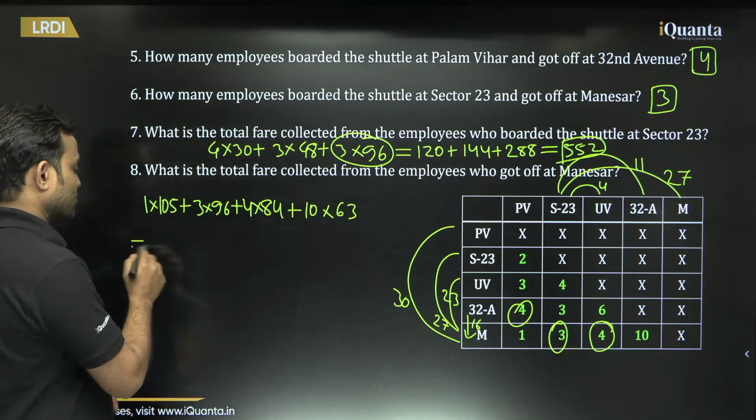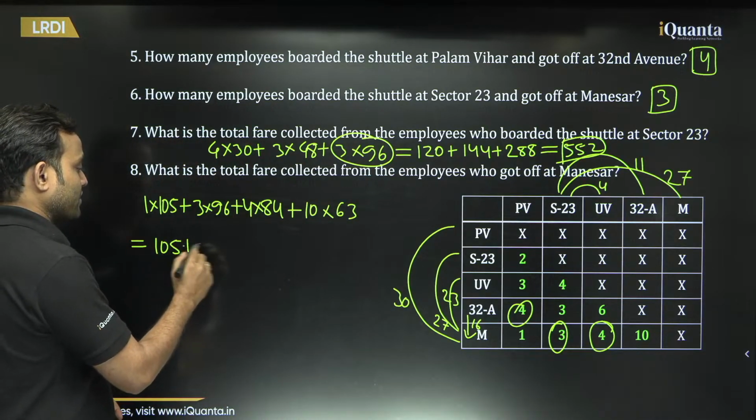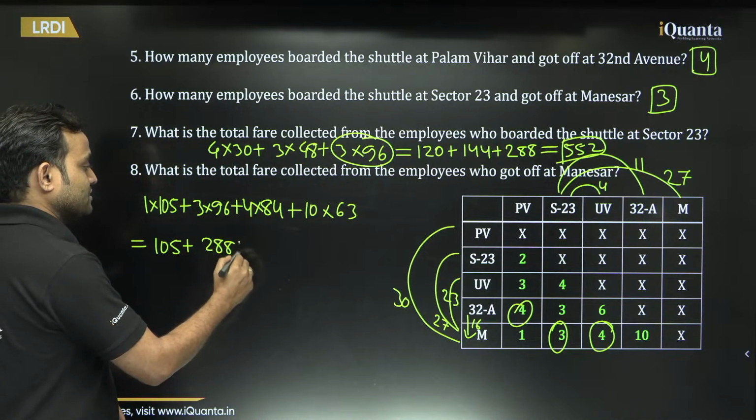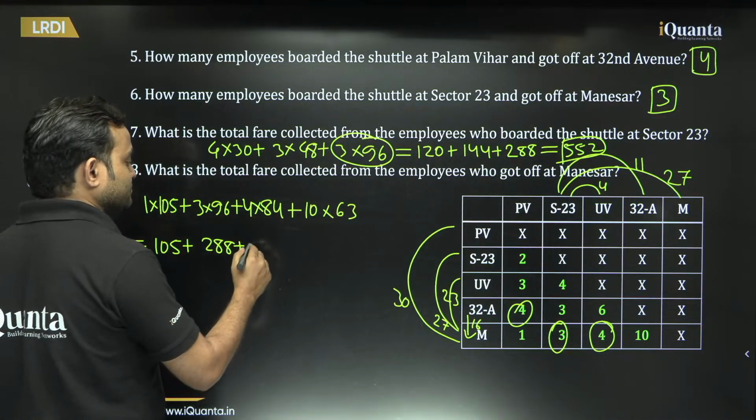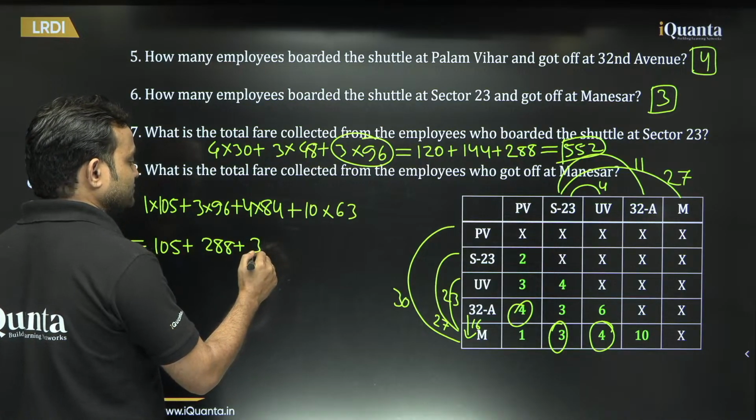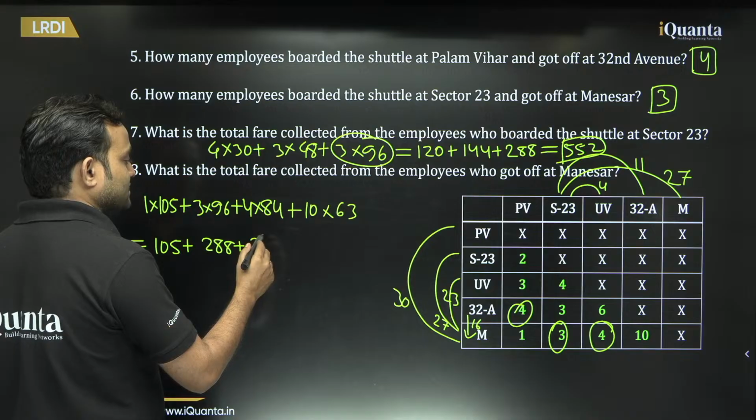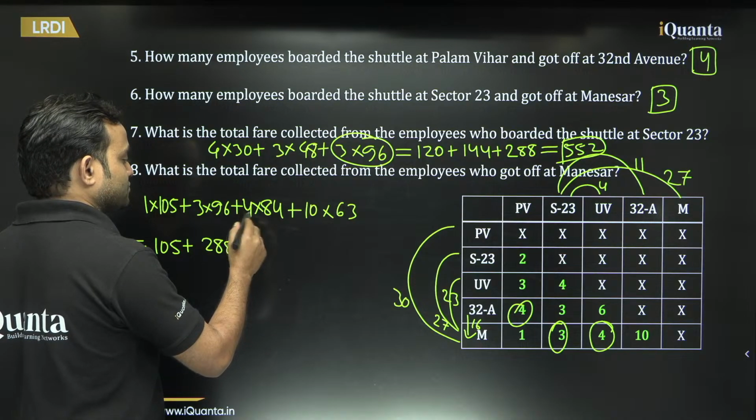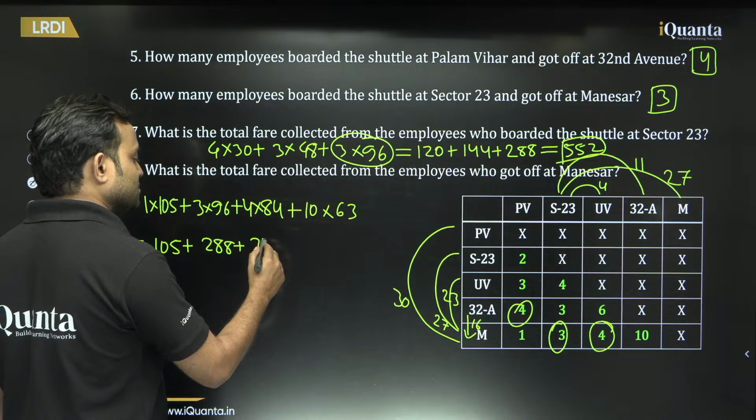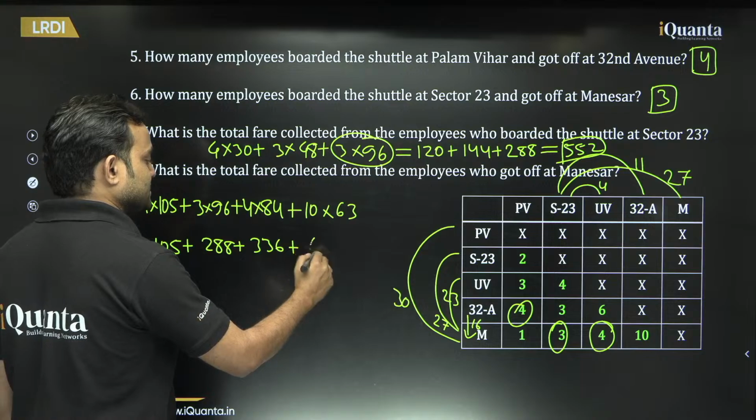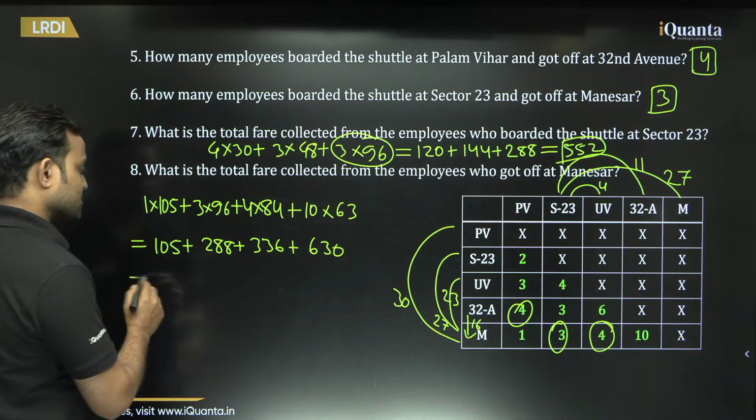This will be equal to 105 plus 288 plus this will be 300 and is it 320 plus 16, 336 plus 630. This value is equal to